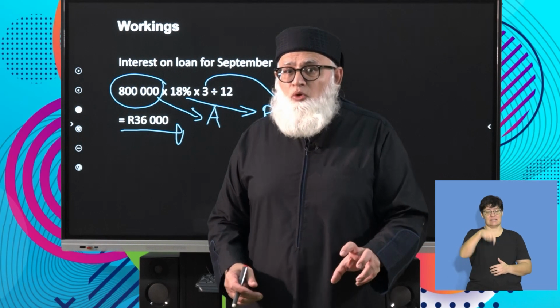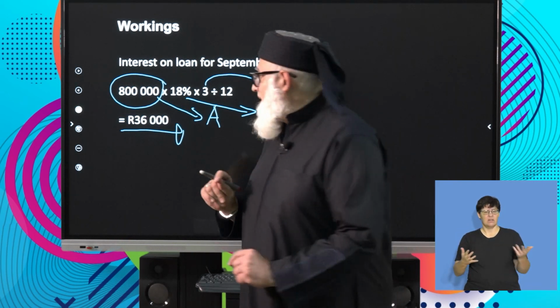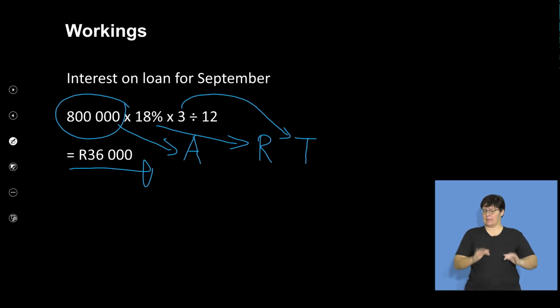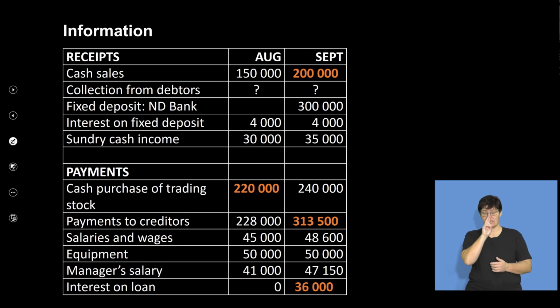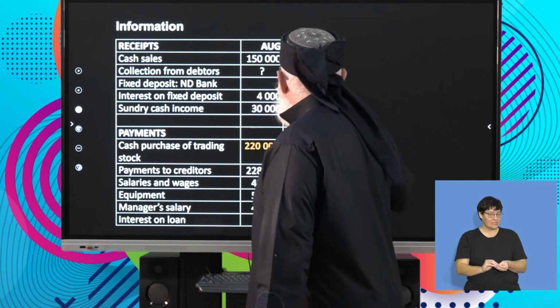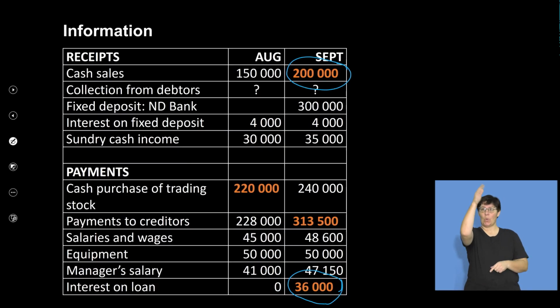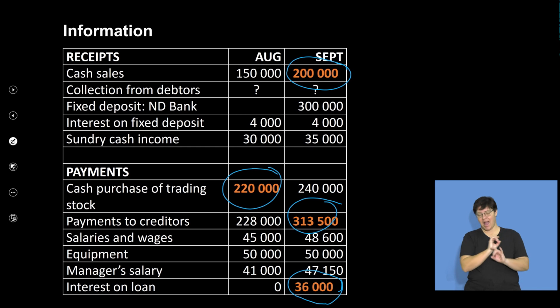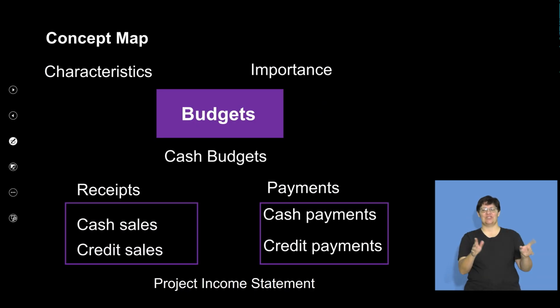Now, in this particular one, how does it impact on our cash budget? Let's see. There we go. Clearly you can see in September, which is one of the months in which the payment will be made, we will be making a payment of 36,000 Rand. So what have we done? We have successfully completed the missing figures. That was A, B, C, and D. And in this way, you can clearly see we have now completed all our calculations.